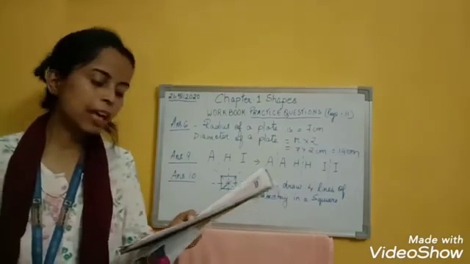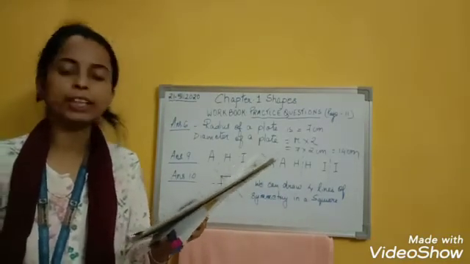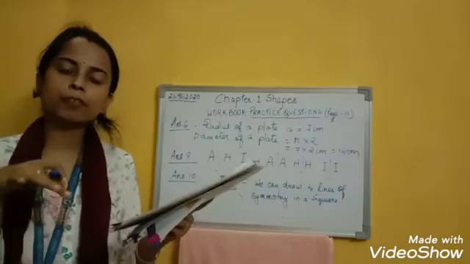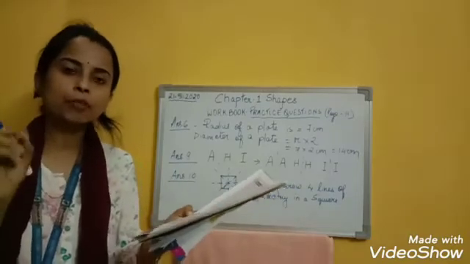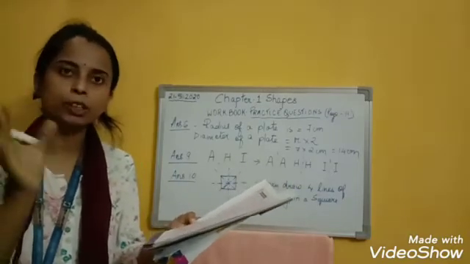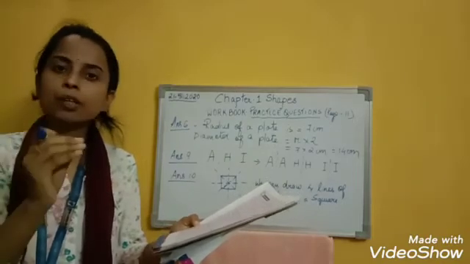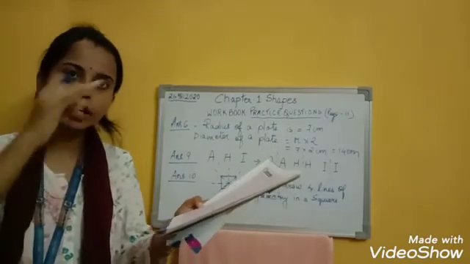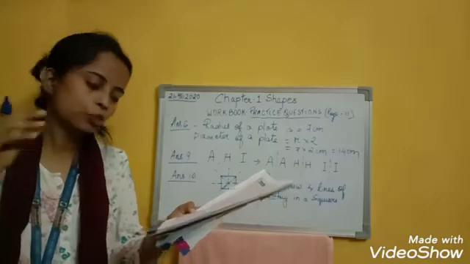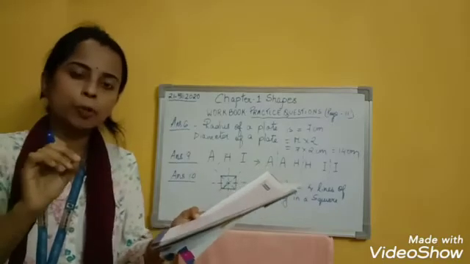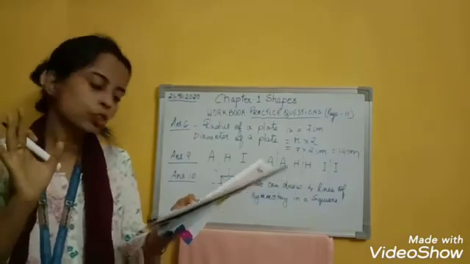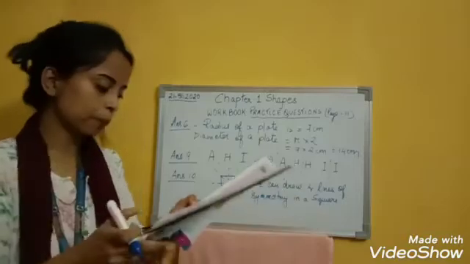Next, 11. Name a cuboidal object that can tessellate. As already I have discussed with you tessellation, you have to write one cuboidal object. Cuboidal object, you know, example of cuboid. So what we can write here? We can write brick. Brick we can tessellate. Okay, so brick is a cuboidal object that can tessellate. So answer number 11 is brick.